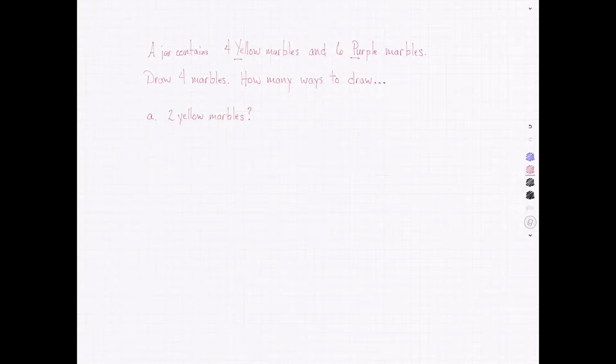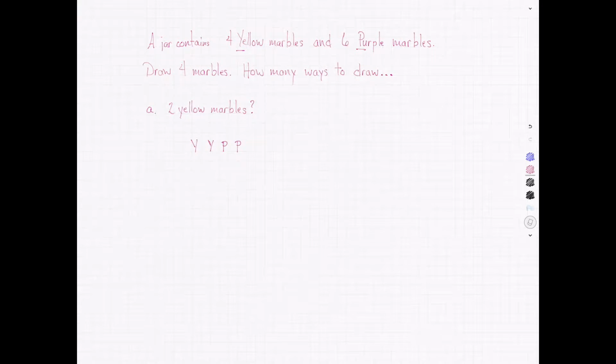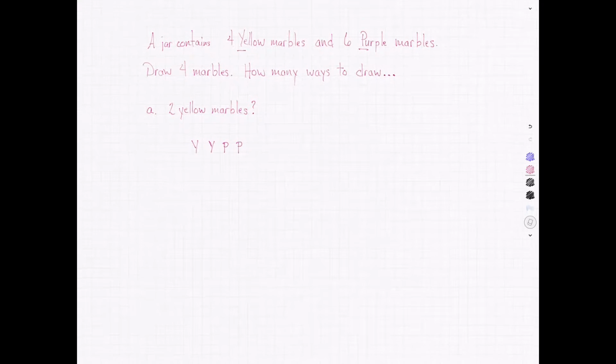The first way is this. So, for example, one way this might happen is I could draw a yellow marble, then I might draw another yellow, but I have to draw 4, so now I just hope I don't get another yellow, but maybe I'll get a purple, and then I'll get another purple. And so, here's one way to think about this. Initially, there were 4 yellows, so I could write a 4 underneath it. Then there's 3 yellows, and then purples, there were 6, and then there's 5,